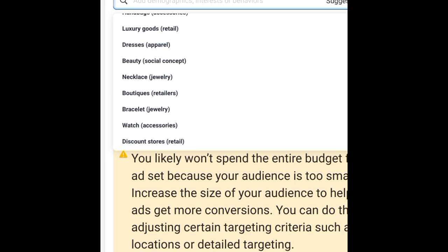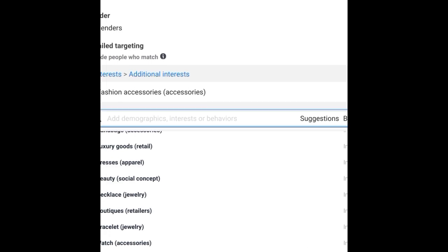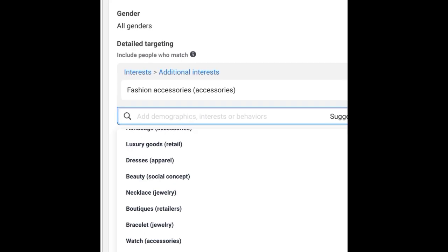So it means that with interest targeting, you will have the liberty to select interests. However, in zero targeting, you are intentionally not putting any interest. You're only telling the Facebook algorithm to do what it knows how to do best by serving your advert to the right people that it knows to be the best fit for your advert,